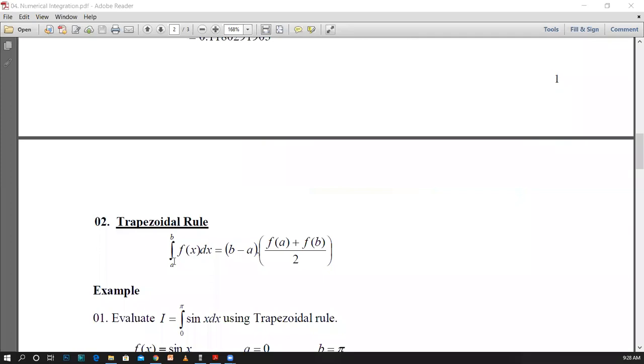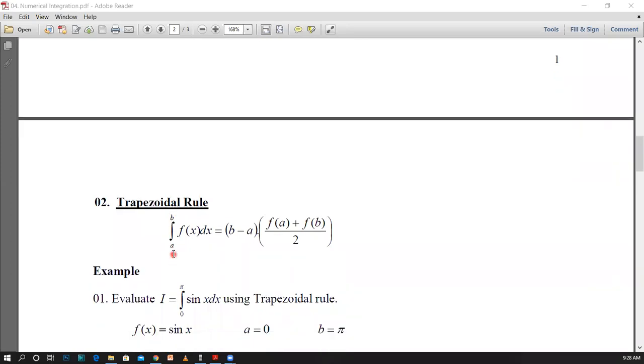If you look at this trapezoidal rule, it says that if you are asked to integrate the function f with respect to x in the region a to b, then without using the techniques for integration, you can use the approximation method. It is given as b minus a times f of a plus f of b, divided by 2. If you look at this equation, it is equal to the area of a trapezium. This is how we define the trapezoidal rule, for a very small distance between A and B.